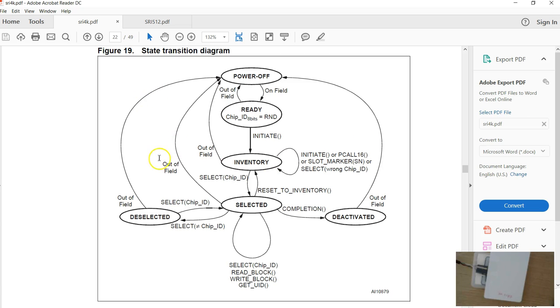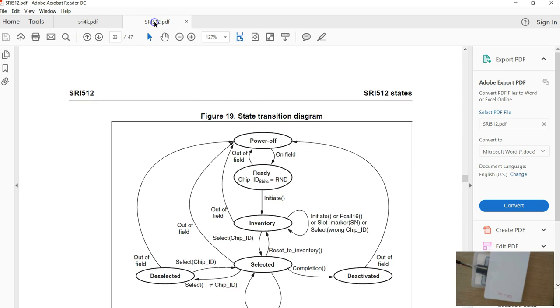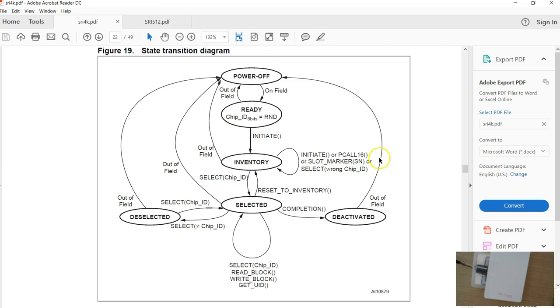Now this is the documentation I referred to. I got 4K and 512 here. And I want to mention this: this is the transition diagram showing the different states of the tags. Again, it's pretty straightforward. As I mentioned before,